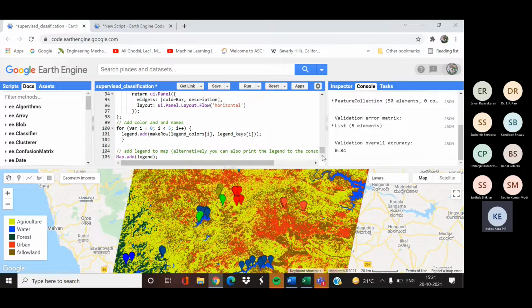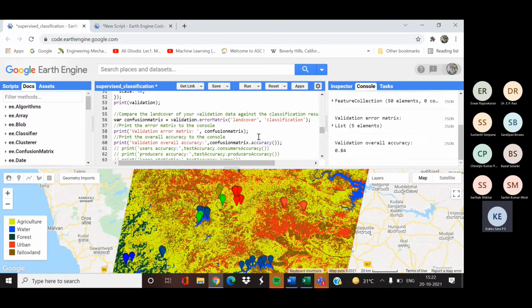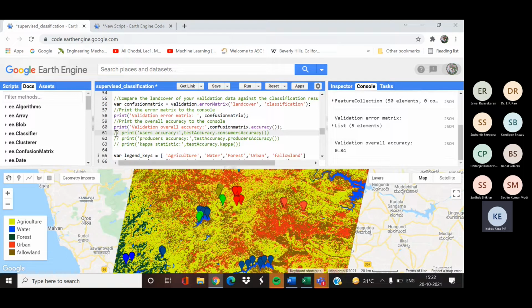In order to know the accuracy of each of the classes, there are other measures called producer's accuracy and user's accuracy. Here we'll print the user's accuracy.